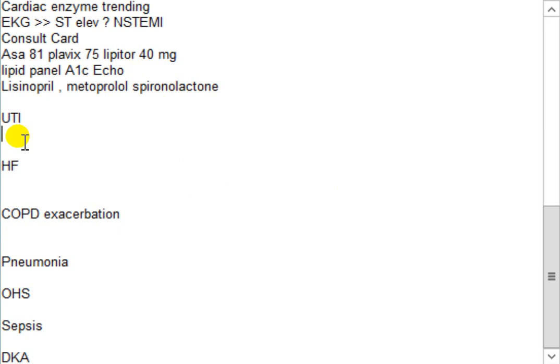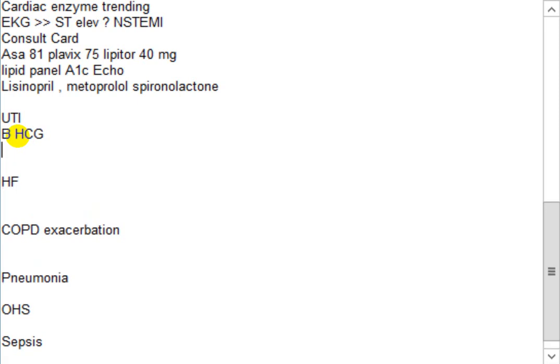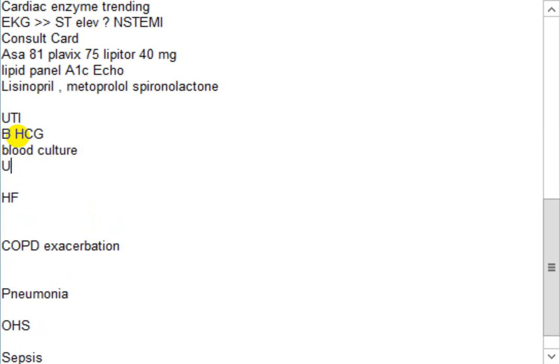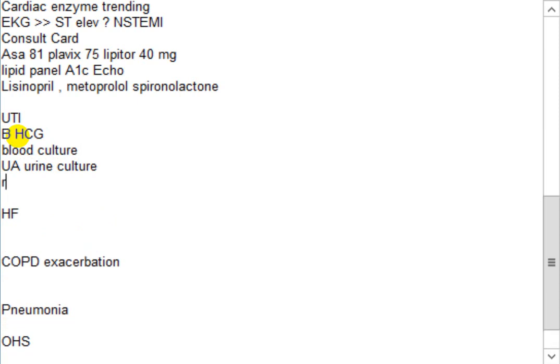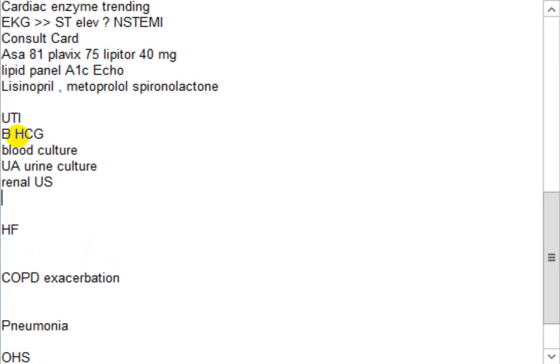And the orders, you do them based on differentials. So obviously CBC, BMP, you do that. You can do beta HCG if a female is pregnant. So this is very important. If there are some sepsis criteria, you can do blood culture. UA with urine culture is very important, and usually it's ordered by the ER. And then you can do renal ultrasound if you suspect pyelonephritis, and CT abdomen if no improvement